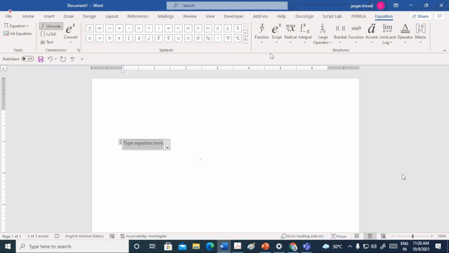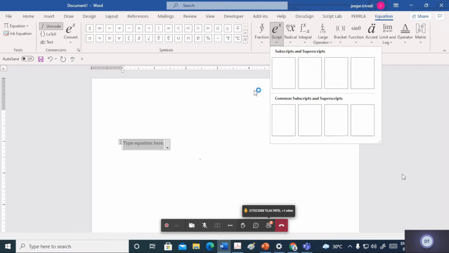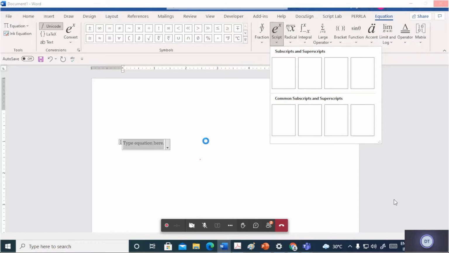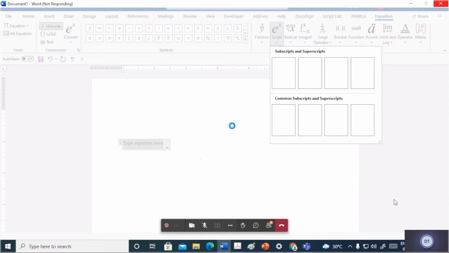This is already available, but then you have to go into each one and select the symbols and then do the writing. That is a time-taking and tedious task. So with this Draw and Insert Equation, just a minute.